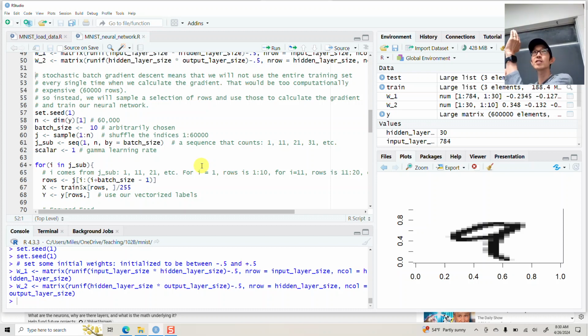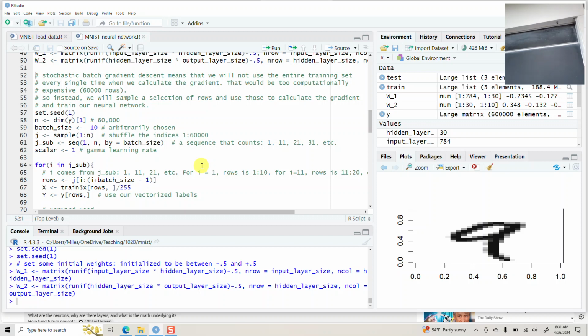So you get 60,000 by 10 as your output. That is just a lot of numbers for a computer to multiply and crunch. And our computer could do it, but it's going to be very slow. So we're going to do,